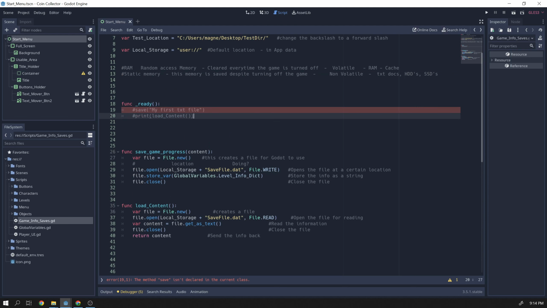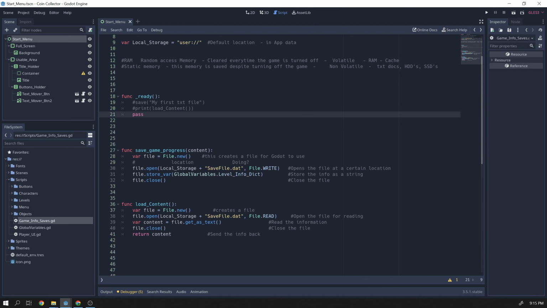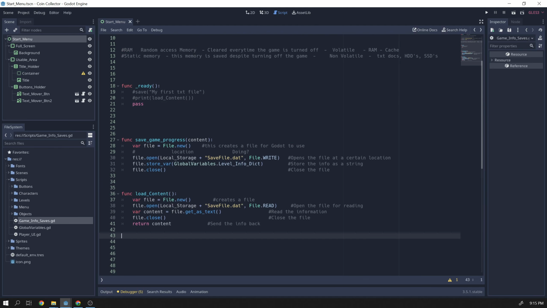I'll comment this out. Alright. Now I'm also going to need to load game progress. So I'm going to change this load. Instead of load content, we'll call this load game